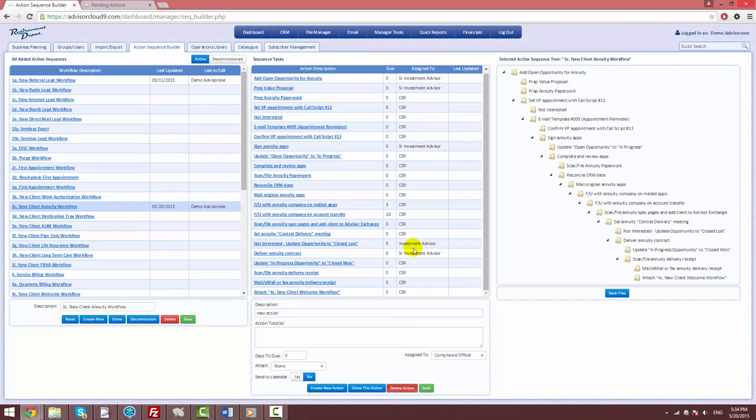Let's have a look at the box on the top right side of the screen. This is where the user can arrange the order of the actions in a sequence and ensure that the correct sequence of actions is put together. This is referred to as the action sequence tree. By clicking and dragging any of the actions into another